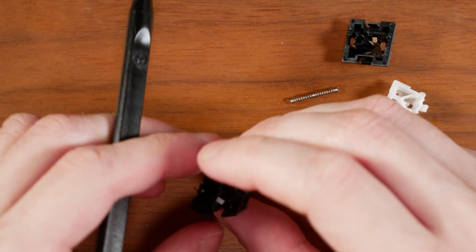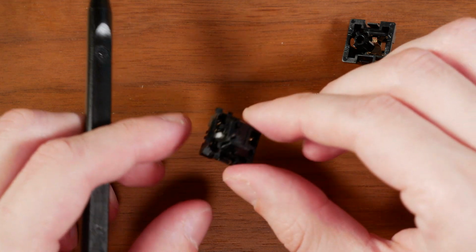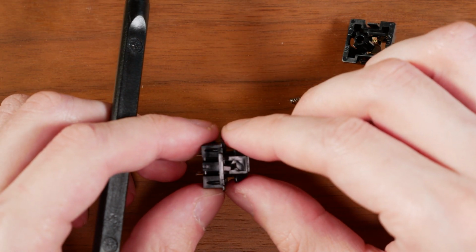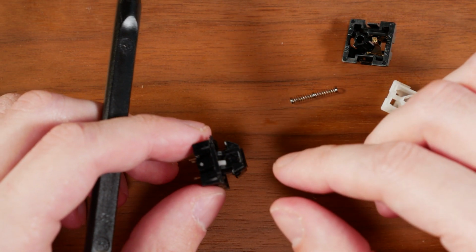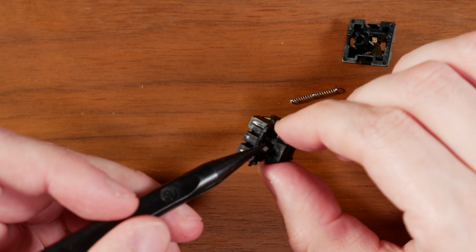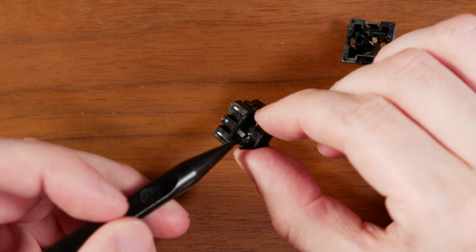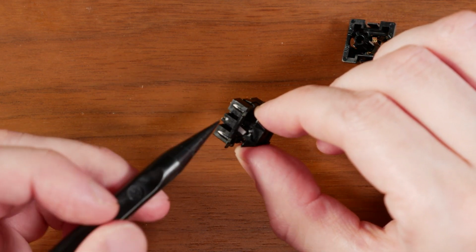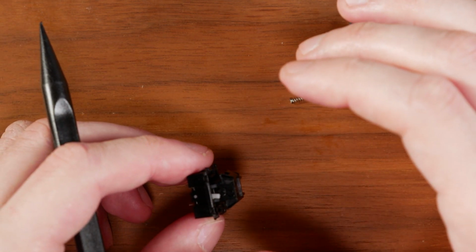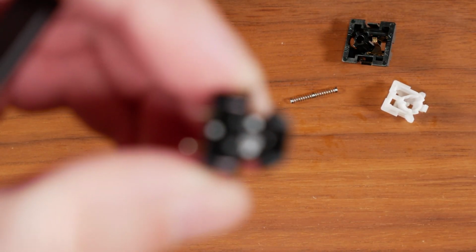Another thing I've been getting a lot of questions about is with the clicky switches, is basically how to remove the top slider. So with regards to the clicky switches, you can take out the click arm, which is the white arm here. Sometimes it can be a different color, but generally it's white. You don't actually need to do that. First, I would pull up on the bottom of the,